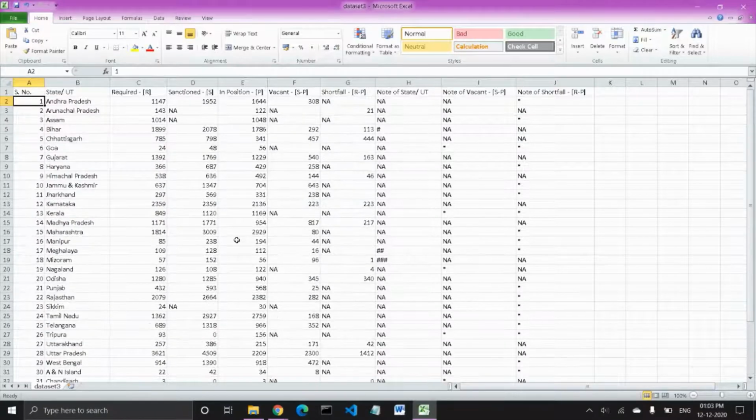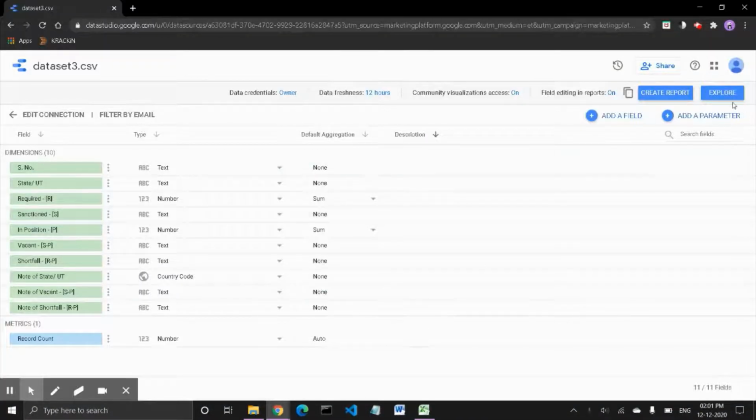Now let us do some visualization on this data. Now let us explore our data. That means let us draw some graphs and visualize our data.